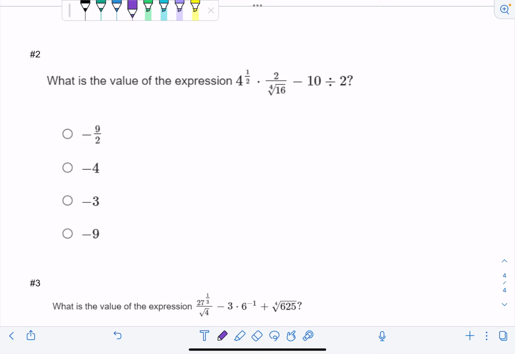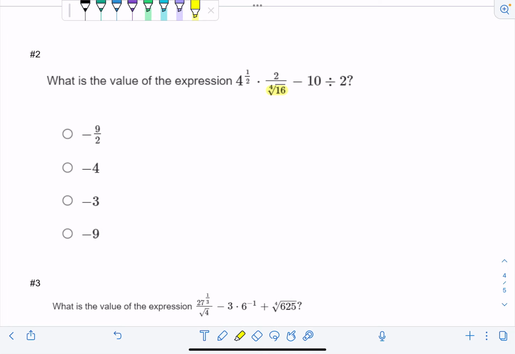And then number 2, what is the value of the expression 4 to the 1/2 times 2 over the 4th root of 16 minus 10 divided by 2? So same kind of issue we have here. With this problem, we have rational exponents and we have roots. So I kind of want them to be in the same form. So I think in this case, I'm going to go ahead and change my radical into a fraction exponent form,